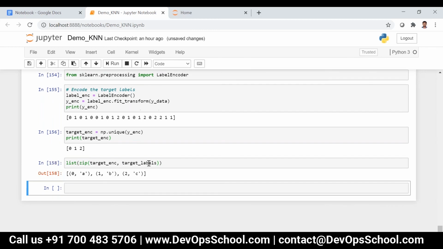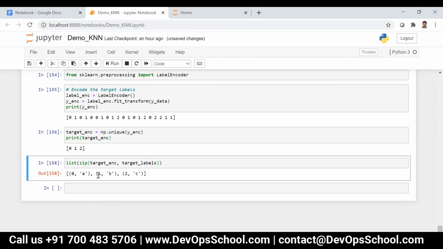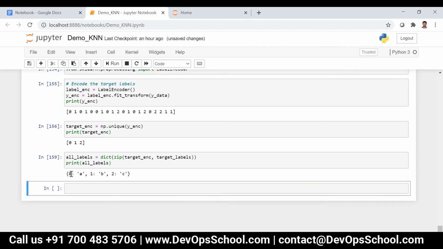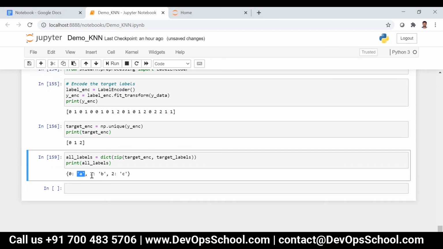Both ways should be fine. Why am I doing this? We can create a dictionary out of it. You know the zip function, right? So I can say all_labels is equal to dictionary of this. Now if I print all_labels, you can see 0 is a key, A is a value, 1 is a key, B is a value, and 2 is a key, C is a value.